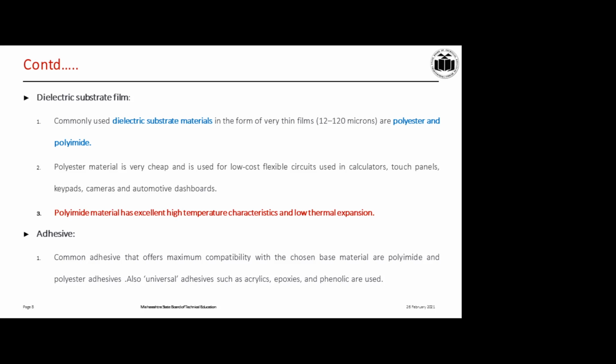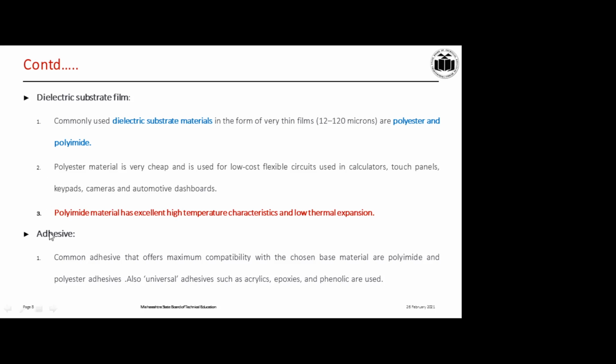Polyester is very cheap and we use it in low-end flexible circuits like calculators, touch panels, keypads, cameras and automotive dashboards. Whereas polyamide has very excellent temperature characteristics and low thermal expansion, so polyamide is used for high-end flexible circuits.